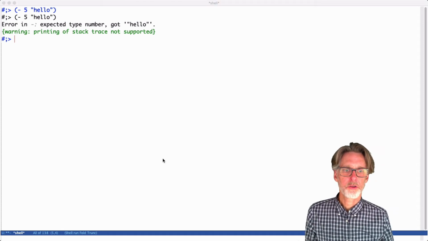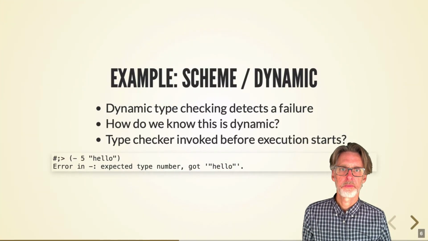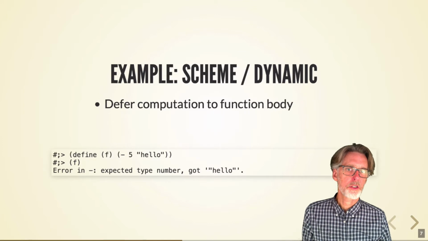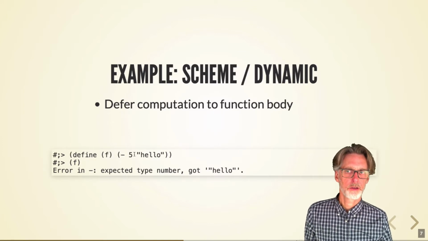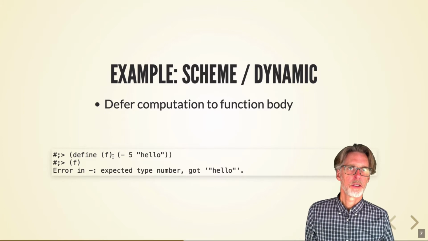So how can you tell what's happening? So the solution is to defer the actual operation inside of a function. So if I do this,